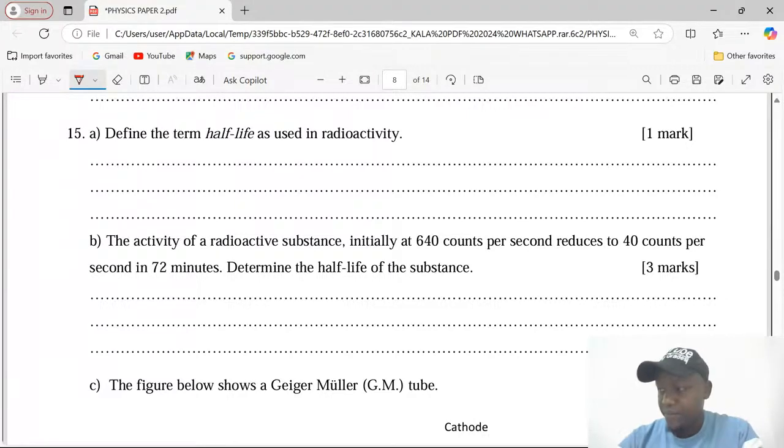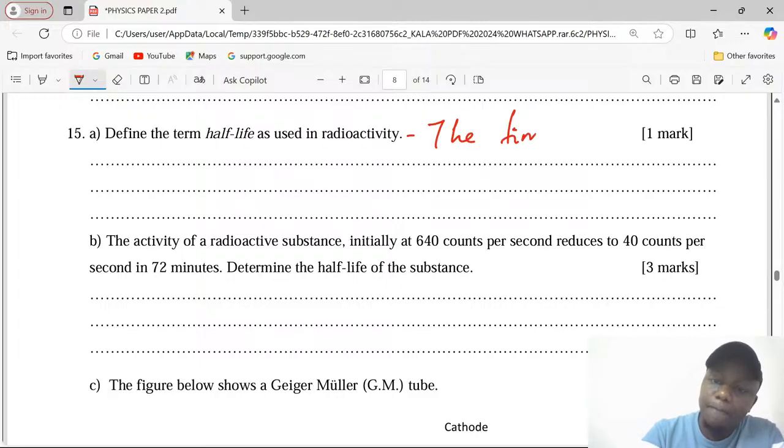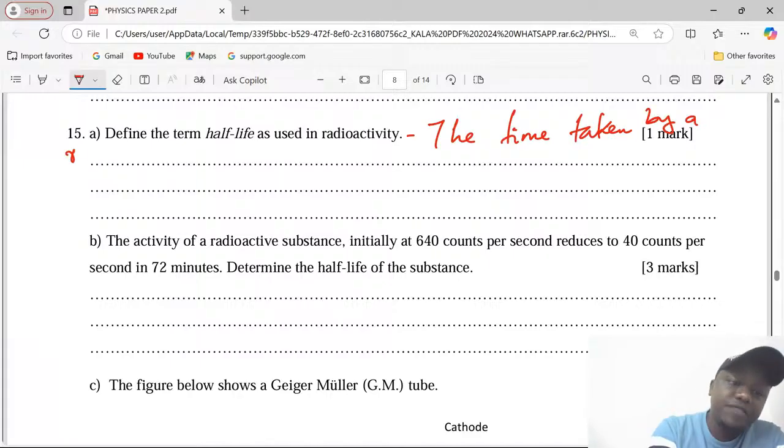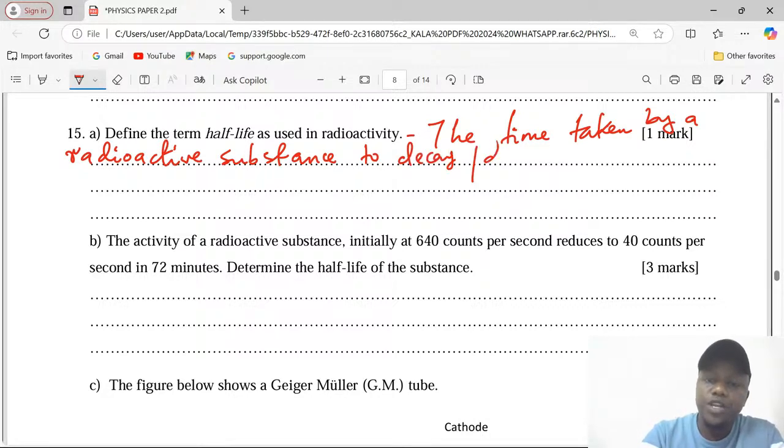This is the time taken by a radioactive substance to decay, or to decompose, to half